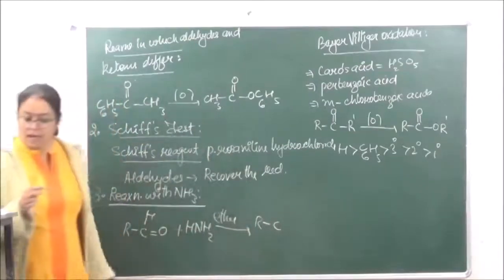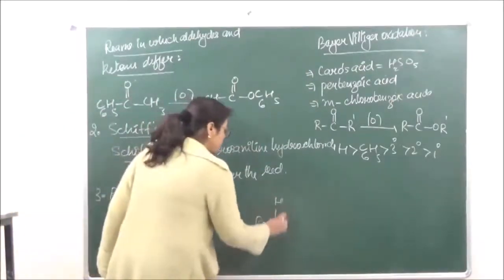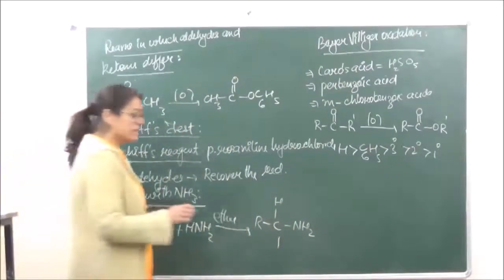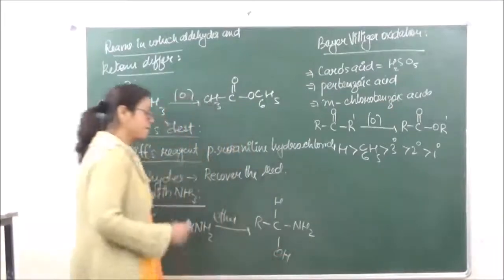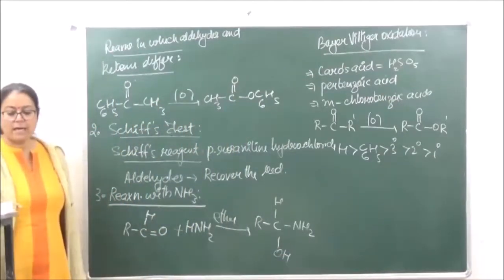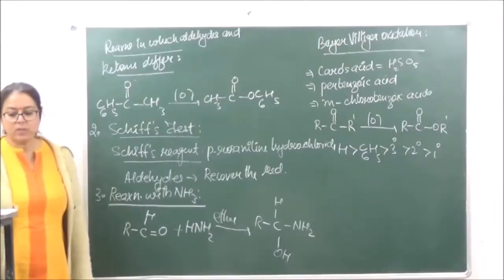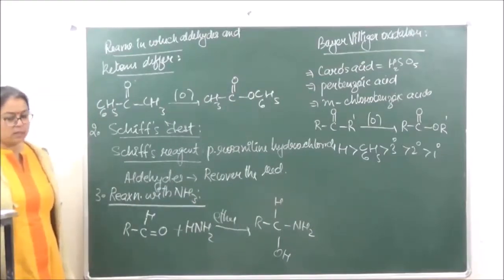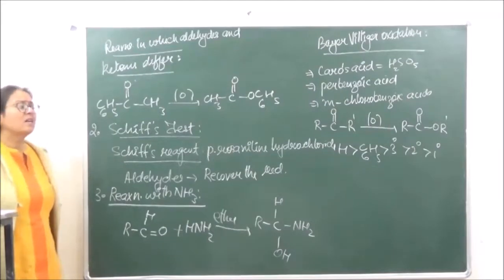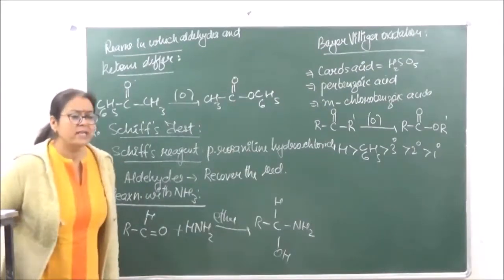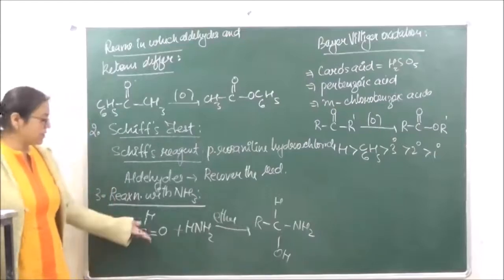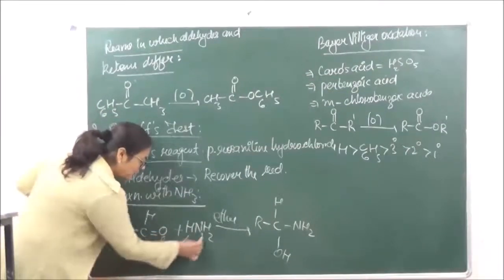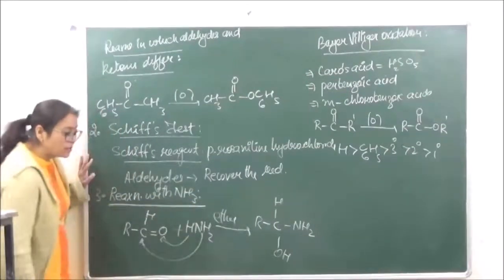This is going to give us RCH(NH2)OH. This is aldehyde ammonia, and this test will not be given by ketones. Neither does formaldehyde give this test. This is the same as the addition of ammonia and its derivatives followed by loss of water. The same mechanism is followed over here. This hydrogen is going to attack on this and this NH2 is going to attack on this. So that is the product which you are getting.